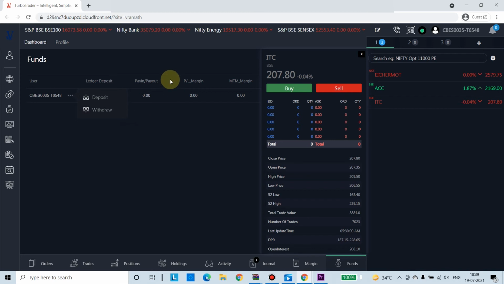On the left hand side, you can view world markets, cross currency spot rates, forex heat map, screener, economic calendar, ban list, result calendar, and SGX Nifty.